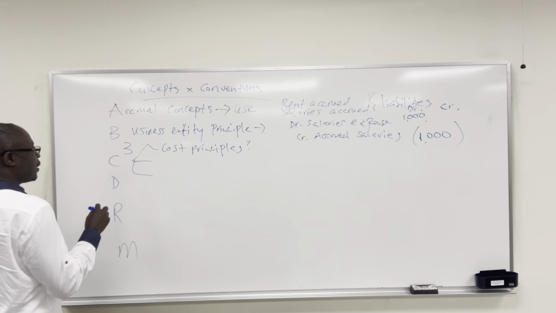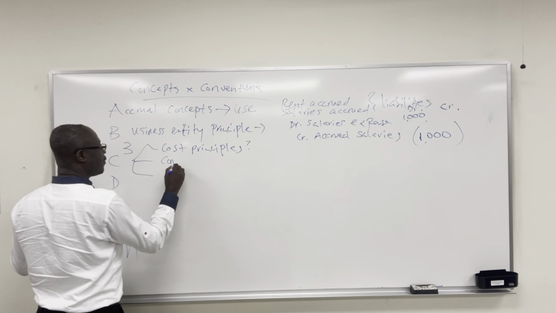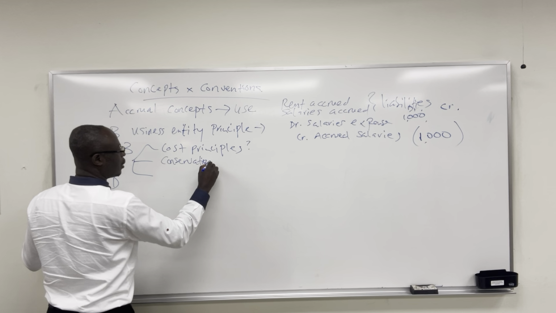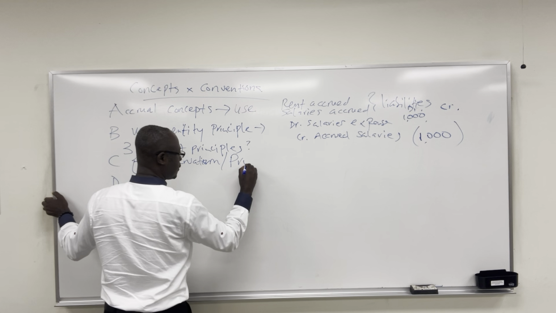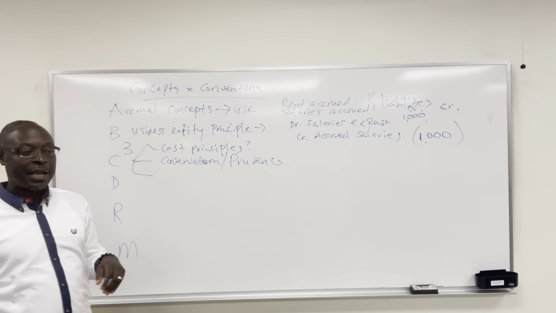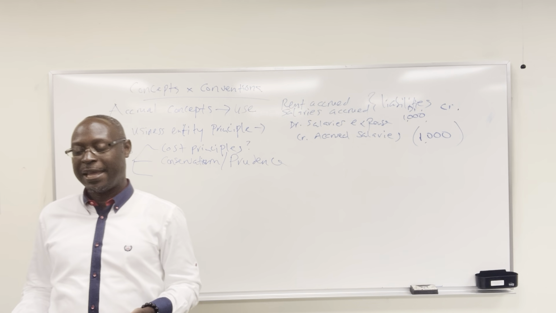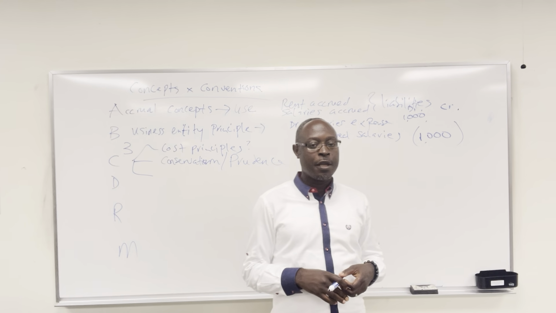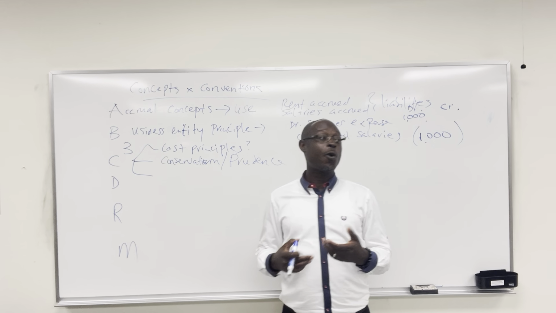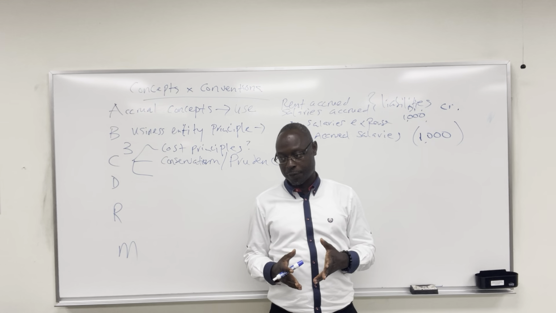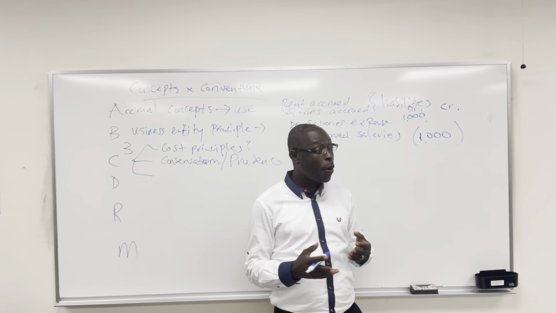Now, the next principle is the principle of conservatism, also called prudence. That just means be wise, right? So in accounting, we use a lot of estimates and judgments. When we make a lot of estimates and judgments, we have to err on the side of caution. So we have certain unwritten principles. We don't write them down, but we know them in our head.